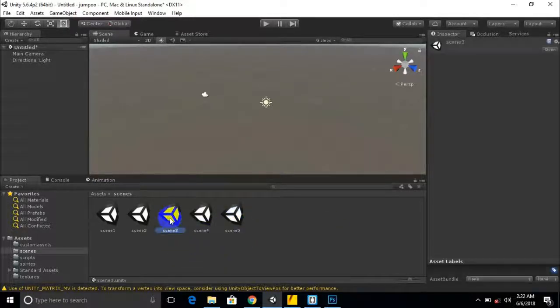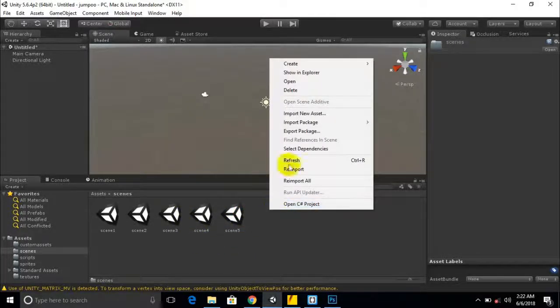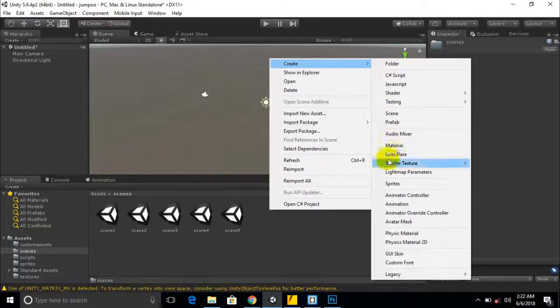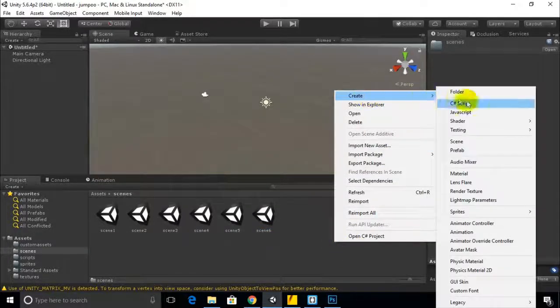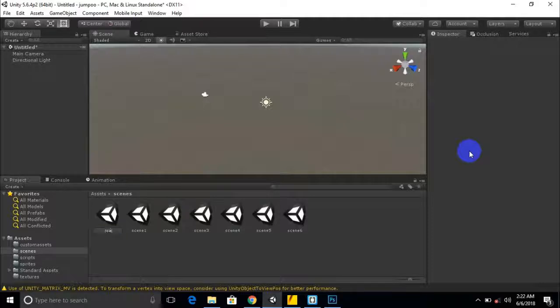One more thing: after scene 3, if a player wins, it will move to scene 4, where you will find the option for exploring the next stage, scene 5, which will be the zombie stage. Then we will make one more scene, the win scene, and one more scene which will be our last scene.